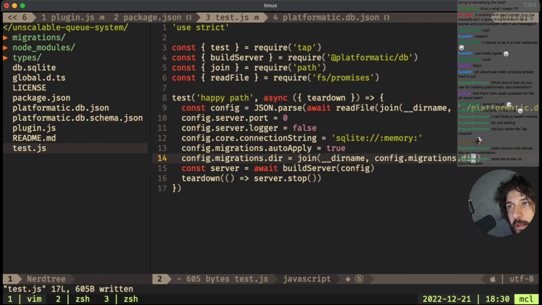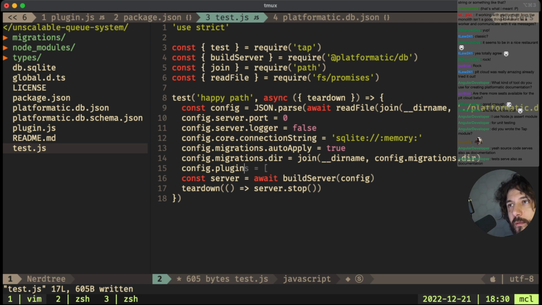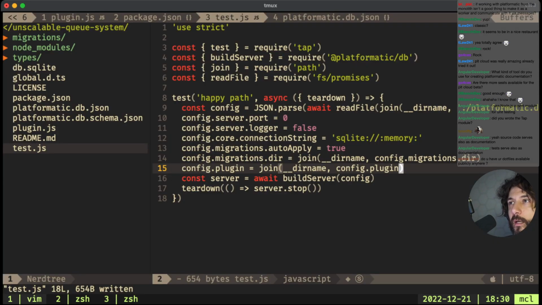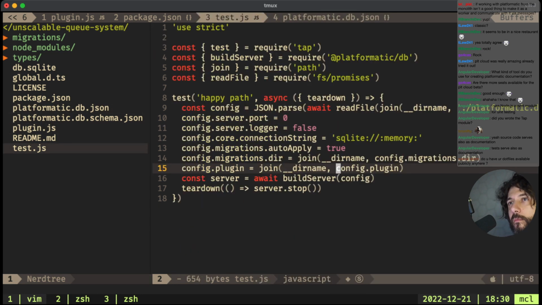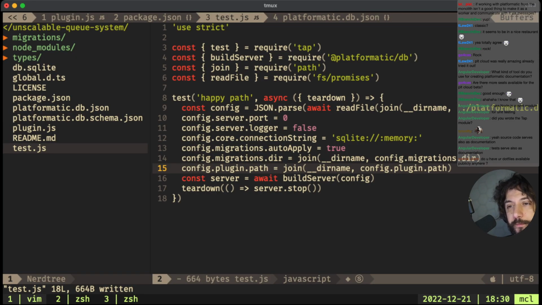There, okay. And then I need something similar for config plugin. Yeah. And then oh, some more mistakes. Path. Okay. Easy. Path. Okay, now it's passing.